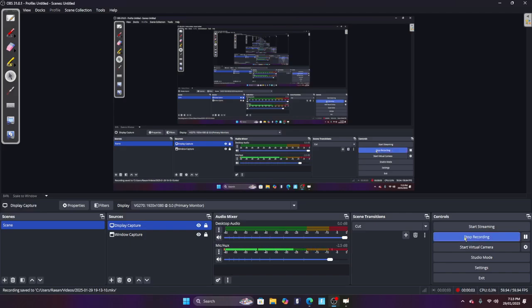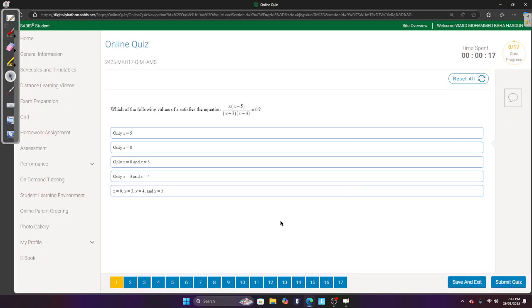Today I'm gonna be doing the math continuous assessment AMS quiz for week 7 for grade 8. Okay, so this is probably one of the easiest AMSs in the whole term. It's so simple, and if you don't do good, something's like seriously wrong with you. Okay, so first off,